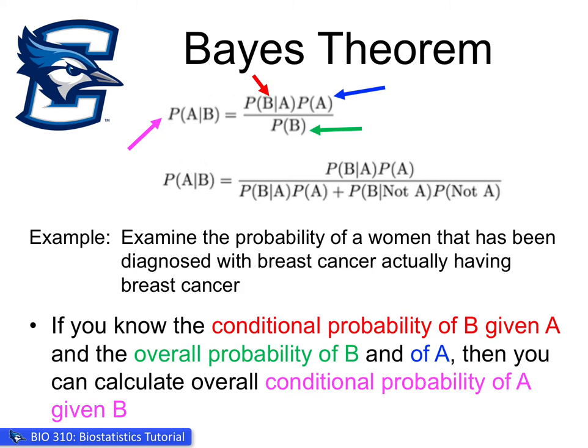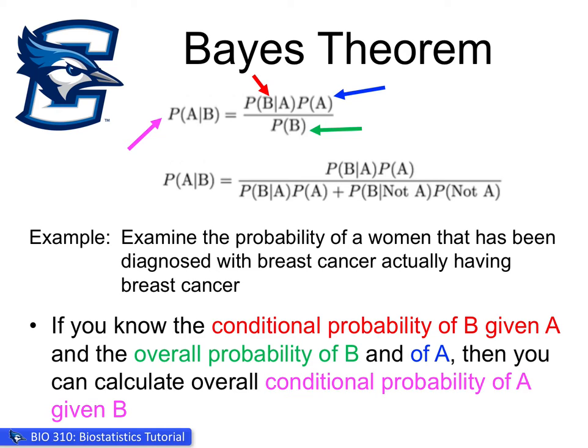Now, the idea of Bayes' theorem is that you can reverse the conditional probabilities. So if you know the conditional probability of B given A, and you know the overall probability of B and the overall probability of A, and these are color-coded here,